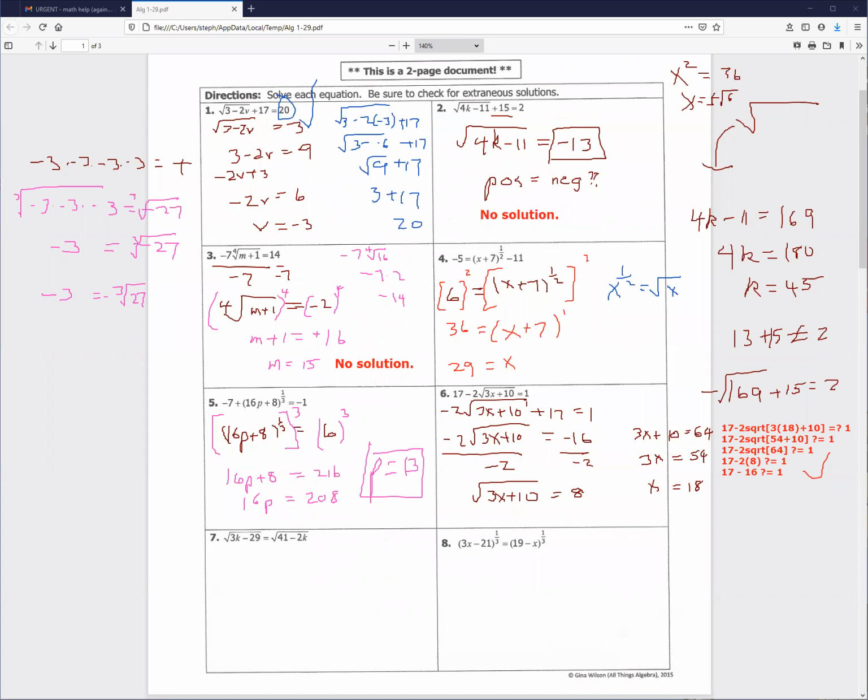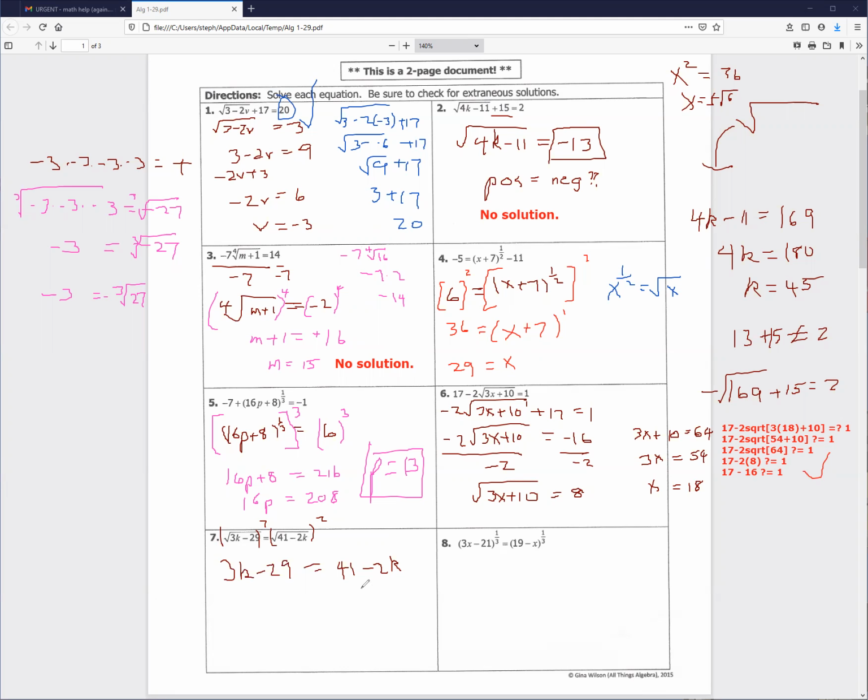All right, these last two questions, they're going to be like we had at the bottom of the last sheet, where we've got a square root on both sides, so we will cancel the square root on one side by squaring, and it will cancel the square root on the other side. So 3k minus 29 equals 41 minus 2k. Now I will say we are going to want to check these for extraneous solutions, because it could have been that we had some sort of weird positive number squared type equals negative numbers squared. I don't think that's going to happen because we've got square roots on both sides, but I'm still going to